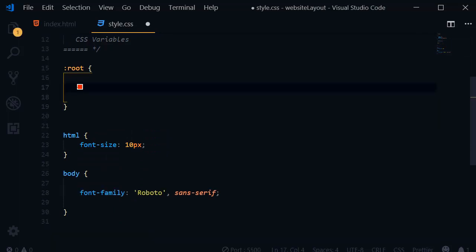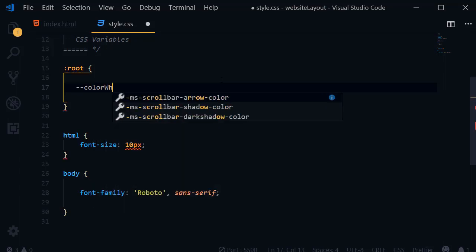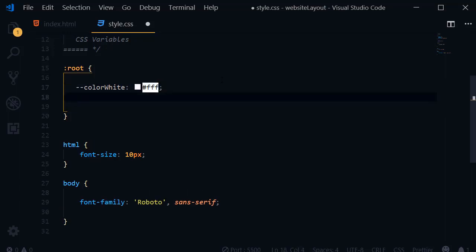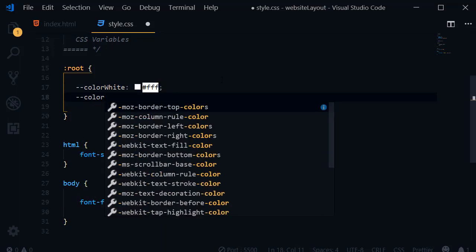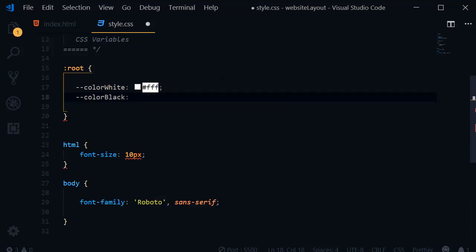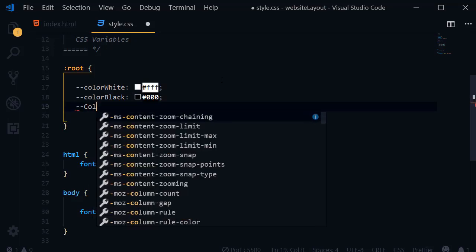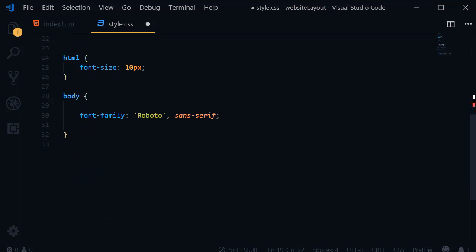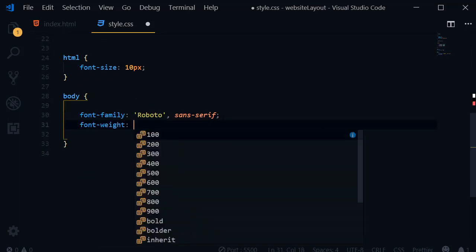And now get rid of this. So now I want to define some CSS variables. So double hyphen color white, this will equal to #FFF, double hyphen color black, this will equal to #000, double hyphen color main, this will equal to capital F36. Perfect. Now go to body and add font weight 400,